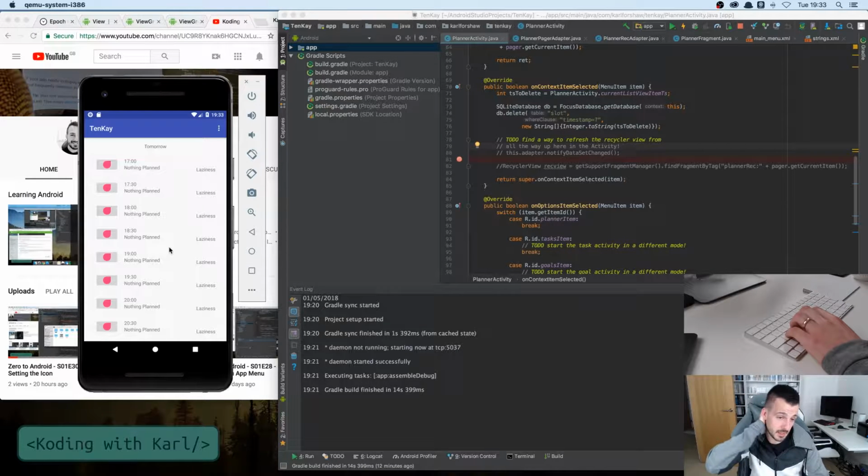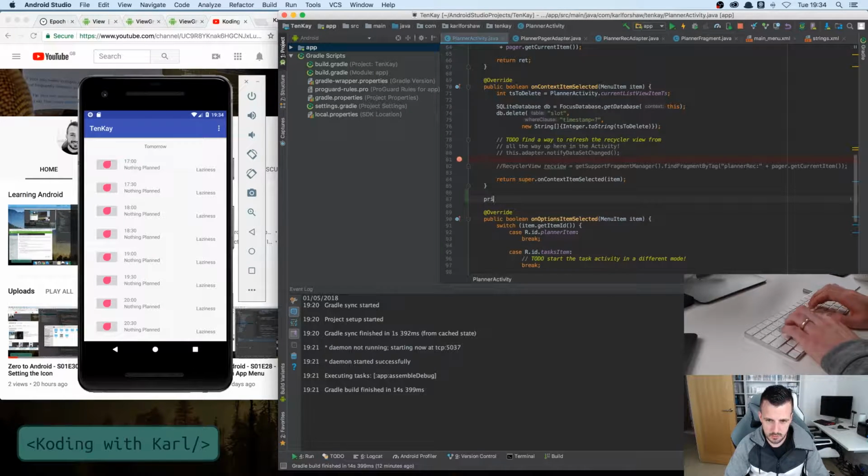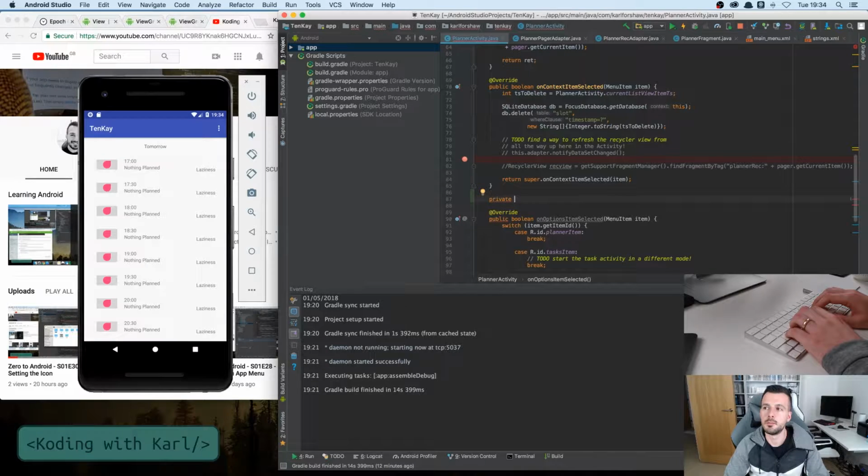So that'll give us the current page, and then from that we can just do get view by ID to get the recycler view of that page, and once we've got the recycler view we can tell it to re-render. Ta-da! That's the theory. Let's see if it actually works though. So we'll need some way of getting the current page, and I think the smart thing to do is do a private method. It's going to return a